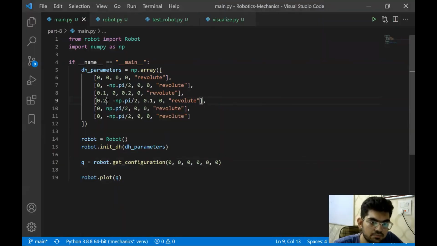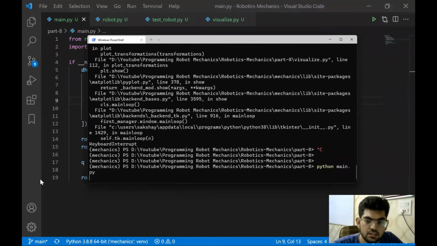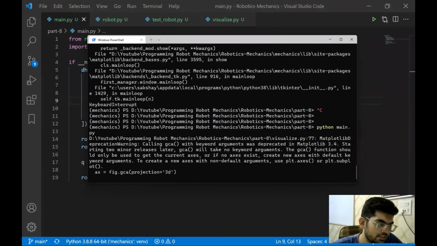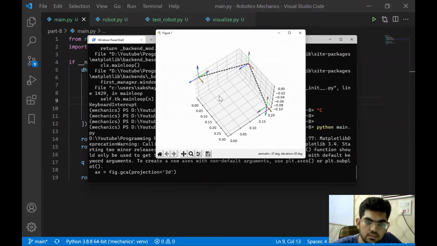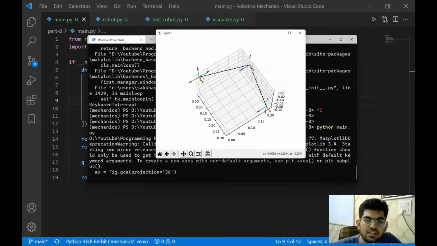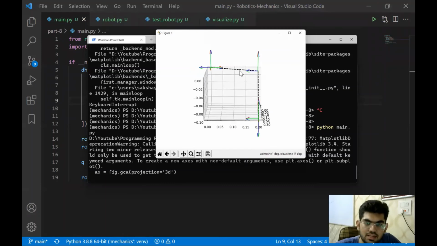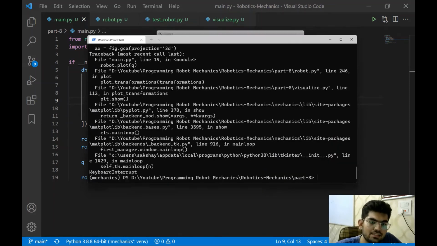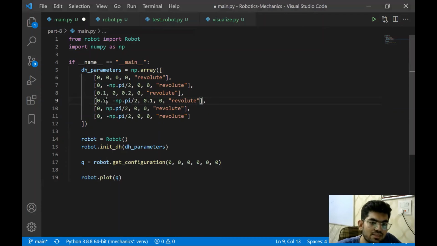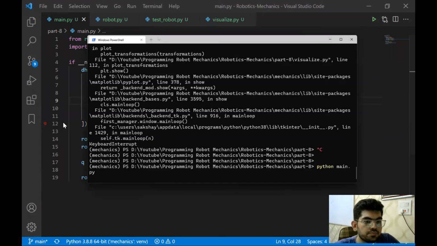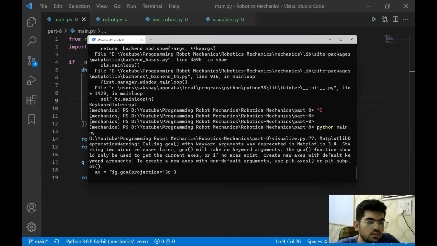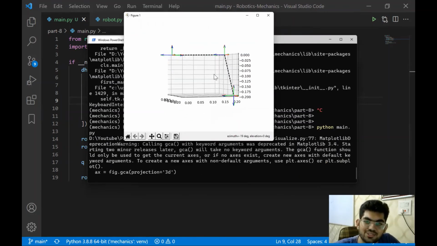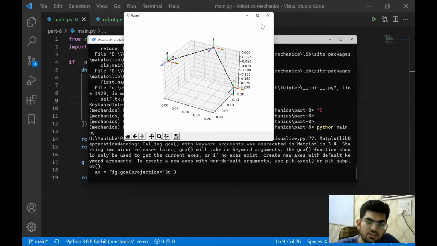And before that, let's see. Before that, we can make this a little bit better. How we can do this is, we need a ratio of distances, something like this. Let's just add the a and d values, something similar to what we have above, and let's see how the robot looks then. Okay, it looks kind of similar, not much difference. Okay, we'll work with this.